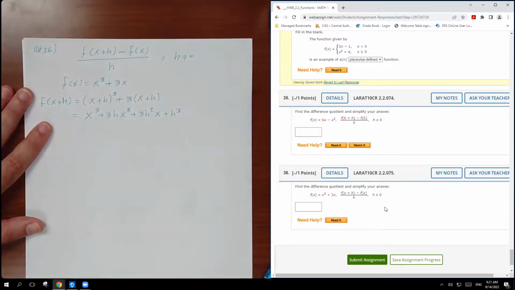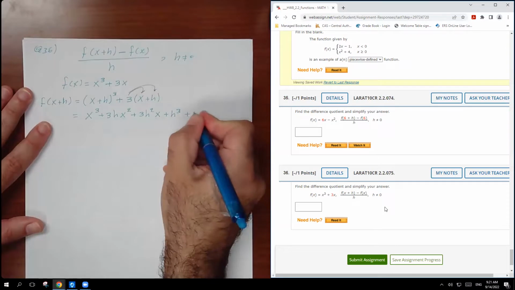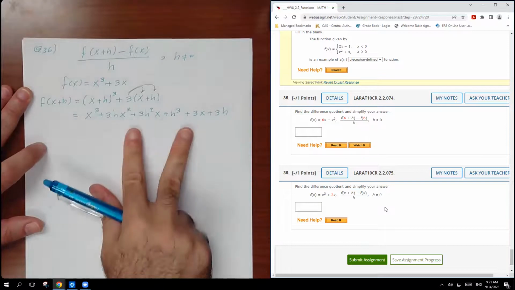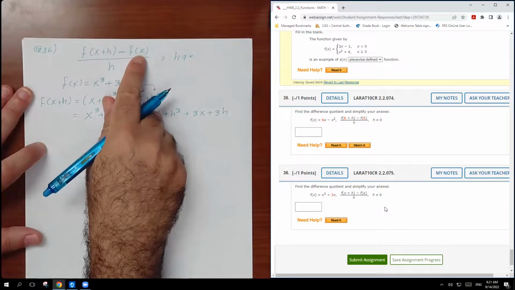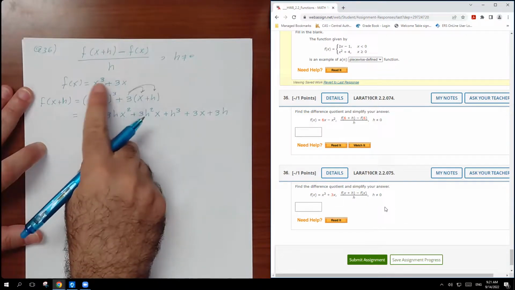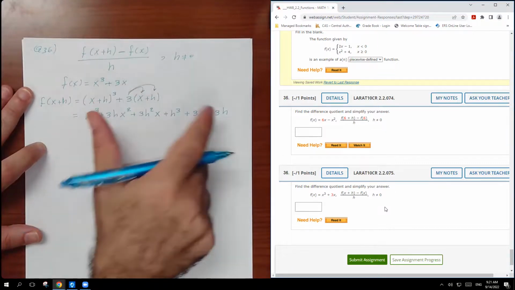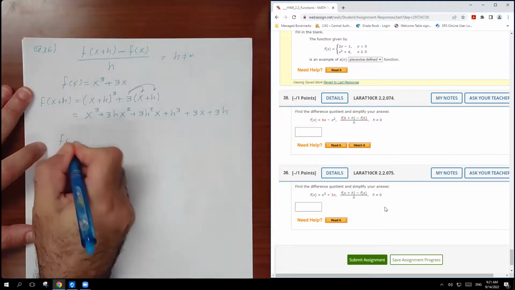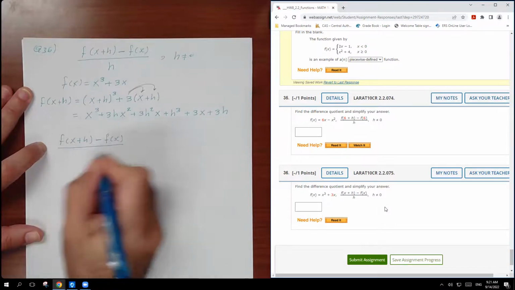Let's keep going on this part. We have distributed the 3, so it's going to be plus 3x plus 3h. I'm done with the first part. The second part is just f of x. So here is f of x. We don't have to plug in everything here because f of x is the same function. Now I'm going to plug this part into the function here. That means f of x plus h minus f of x over h is going to be equal to